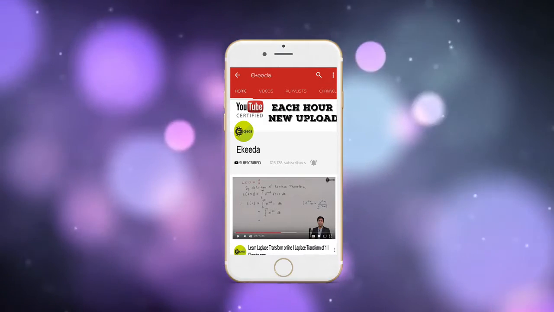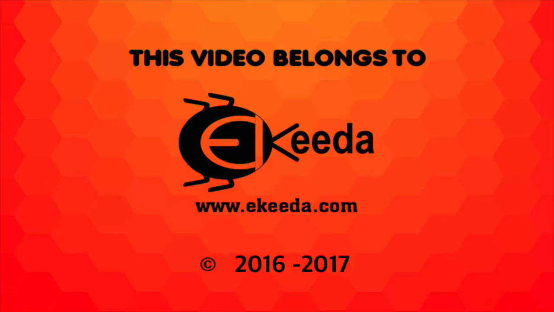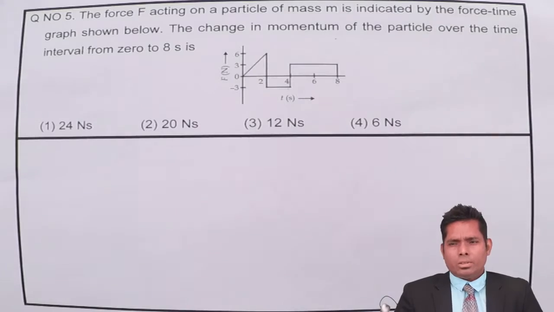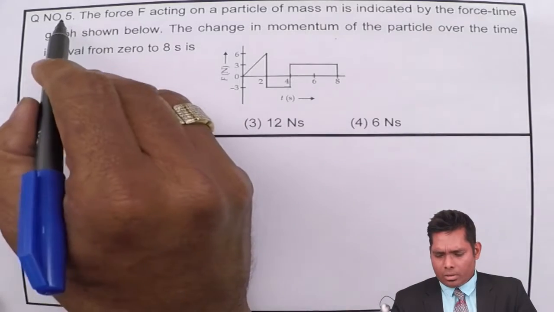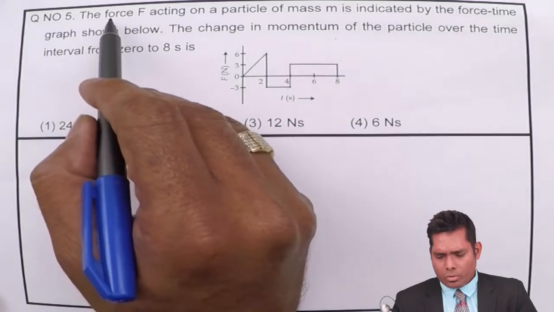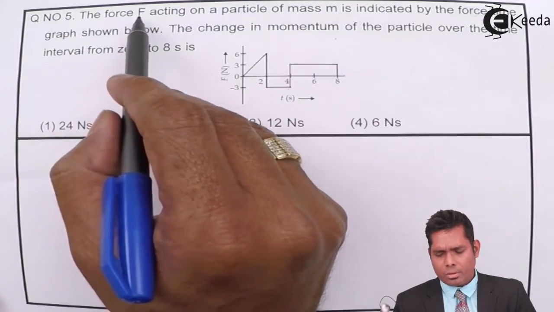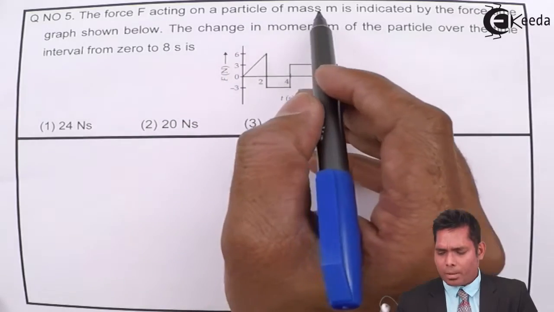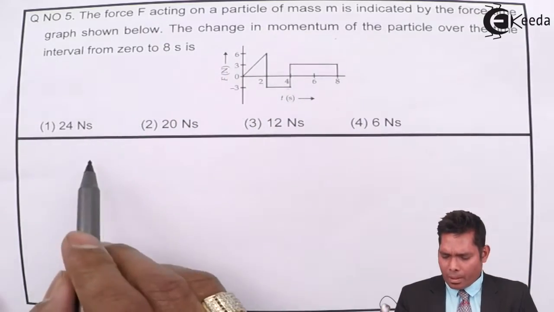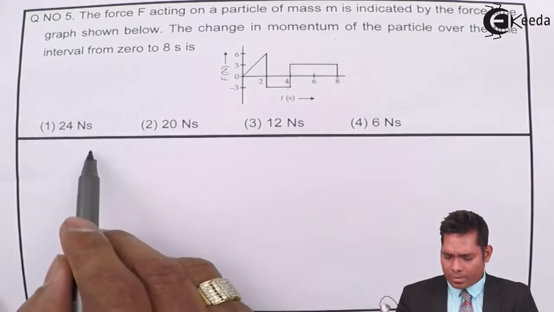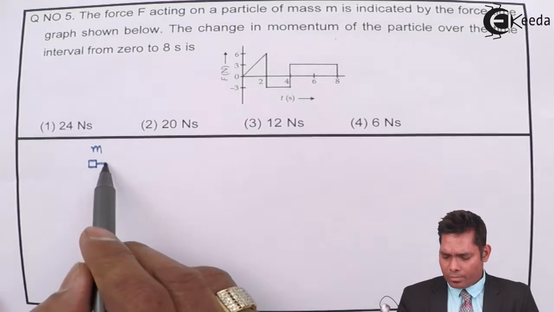Hello students, let us solve the next question, question number 5 of NEET Physics 2014. Students, let us start the question number 5. Question number 5 says, a force F acting on a particle of mass m, that is a particle of mass m, and a force is acting on it,